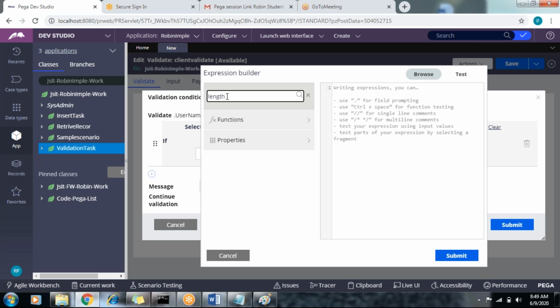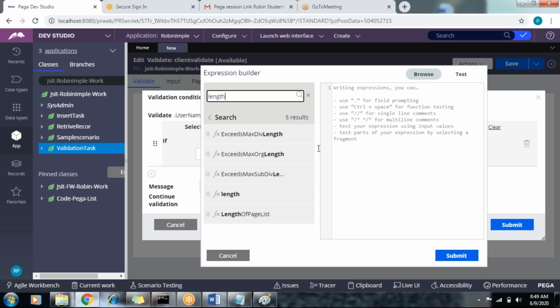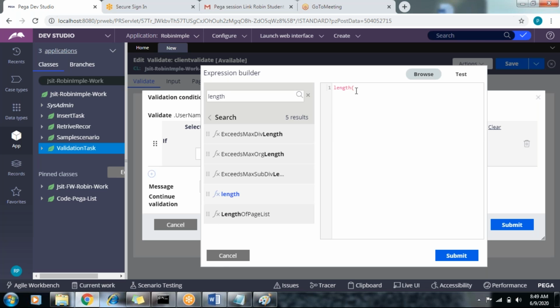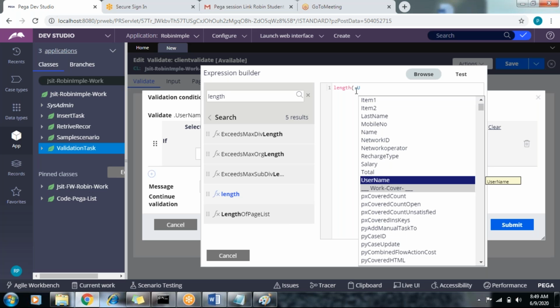Just click on fx, length. Place the cursor here. What will happen? Integer length, string name, library name is string, description: length of the string. This is the function we can use for validating the string. Just select it, click on plus, and length will come automatically. What is the string name?